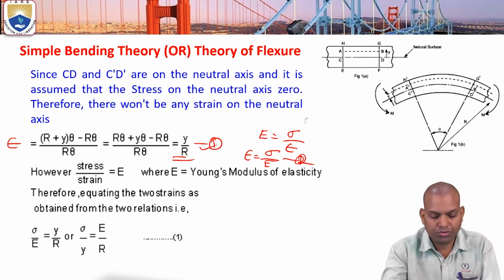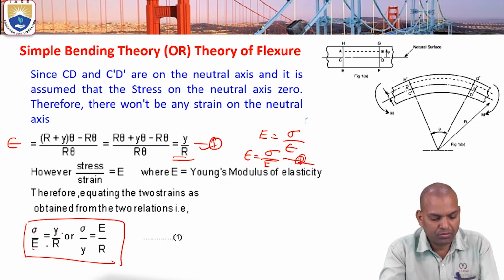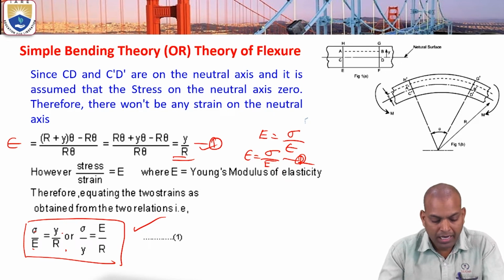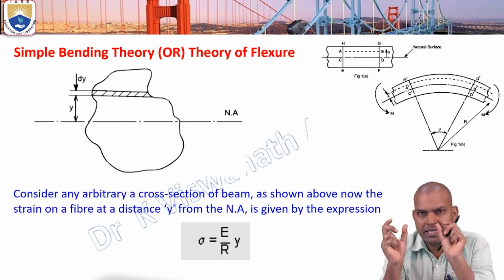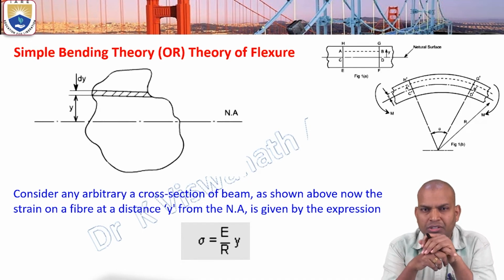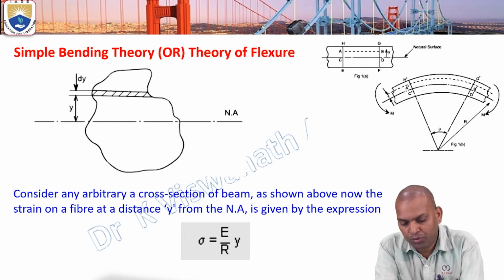Equate 1 and 2, then Y by R equals sigma by E, or sigma by Y equals E by R. This is one of the equations. And after finding this relation, one more thing: when there is bending, a moment of inertia comes into play over the cross section of the beam. So let's assume the point about Y we are considering, the layer at this distance Y,